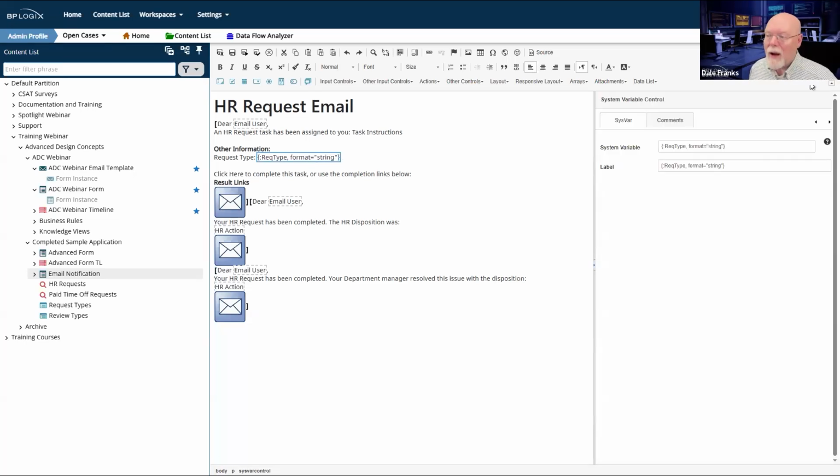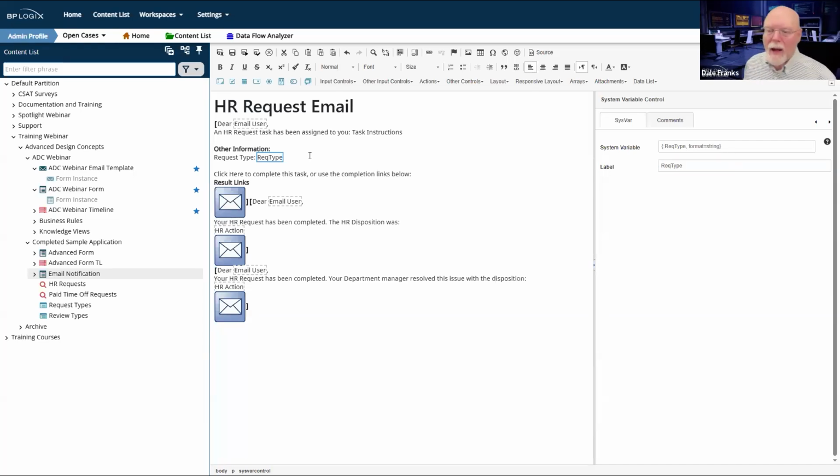And once again, I've replaced it. It probably would be simpler just to put the system variable directly on the page because it will work. I don't need a system variable control. That's just sort of my deal because I think it makes the form more pleasant to read in design view. So we've got rec type.